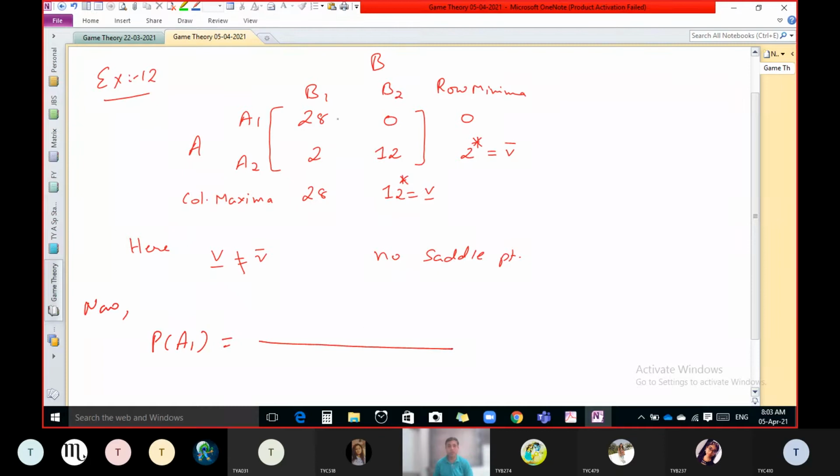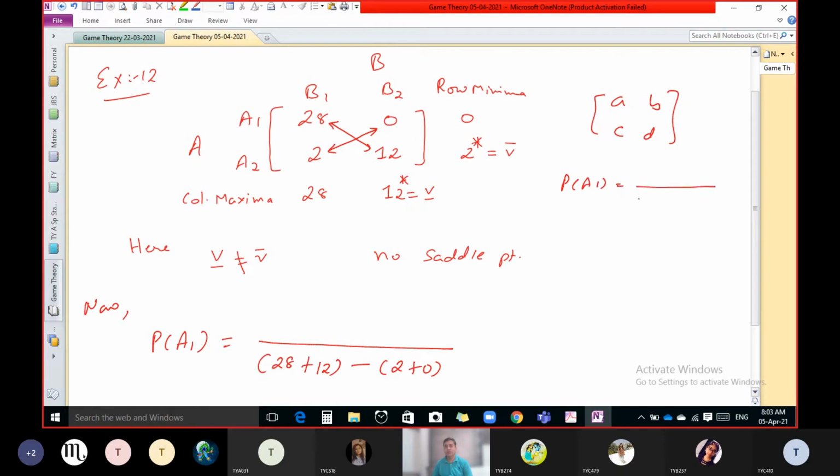See how to find out probability for 2 by 2. It's only for 2 by 2. Just add these two numbers and put them in the denominator. Then add these other two numbers and put them in the denominator. Whatever the answer of the first addition of the first two and the last two, find the difference of those two. That is the denominator part. So once again, if there are four numbers like A, B, C, D, then what is the probability of A1? The denominator is fixed here: A plus D, that you have to write in the denominator, minus B plus C.